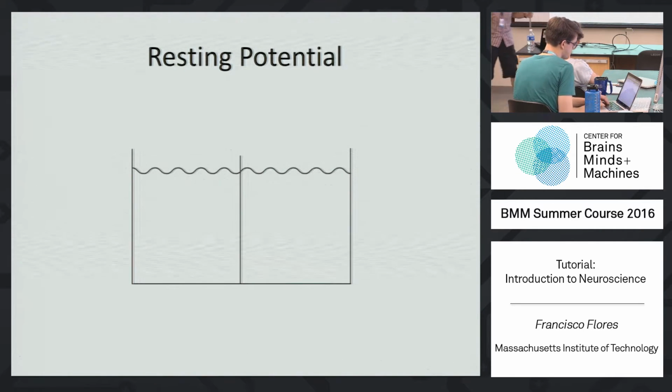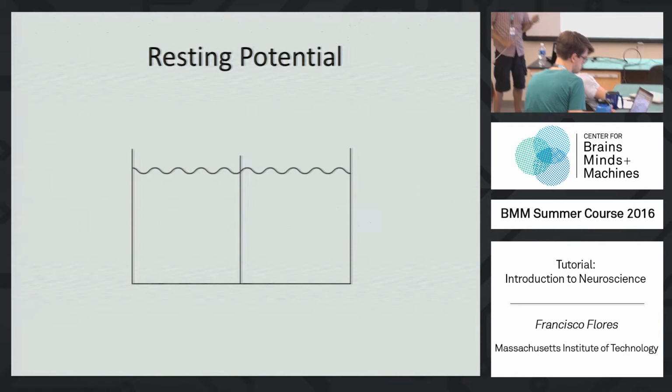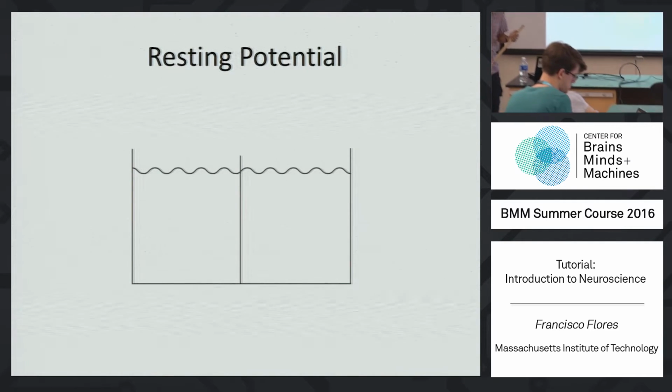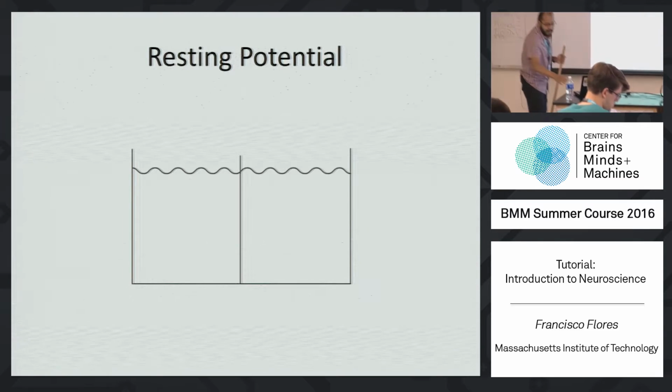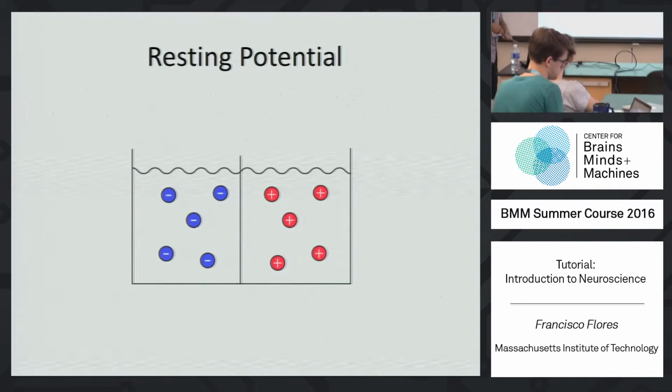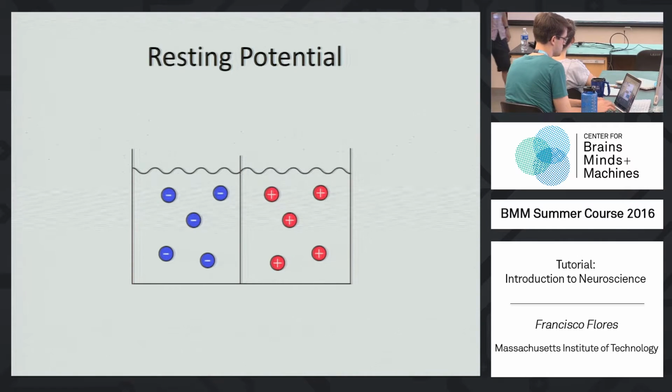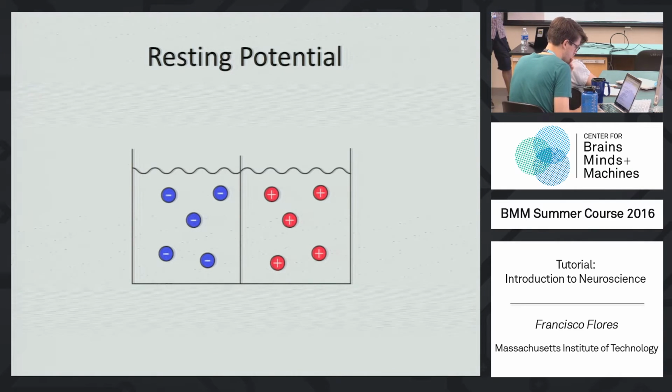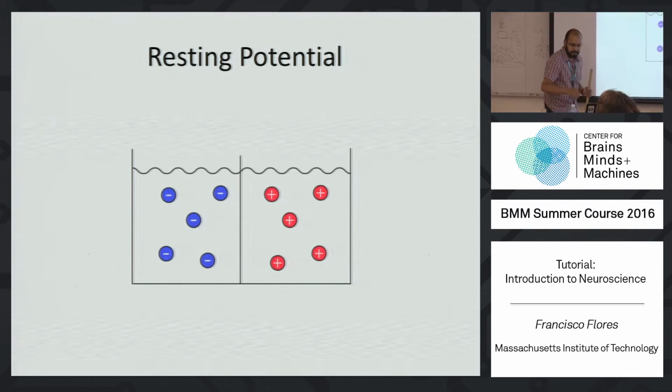Now, like any good water, you can dissolve a salt in it. Imagine that you can dissolve table salt, like sodium chloride. And by some kind of magic, you can actually separate the sodium ions from the chloride ions. So you have only positive charges on one side and only negative charges on the other side. So basically, you have a charge separation, okay, in this container.